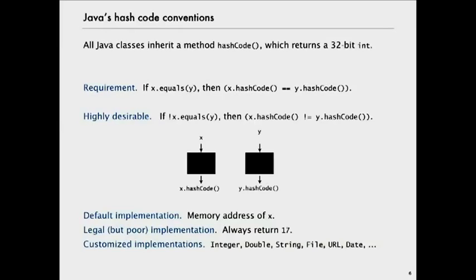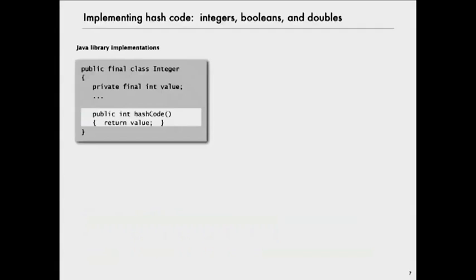So Java has customized implementations for the standard data types that people would use for symbol table keys, and that's the sweet spot for hashing, where someone expert has done the implementation of the hash code, and also your application does not need ordering. But for user-defined types, you're on your own, and we'll talk a little bit about how to implement hash codes. So here's the Java library implementations for a few standard types,